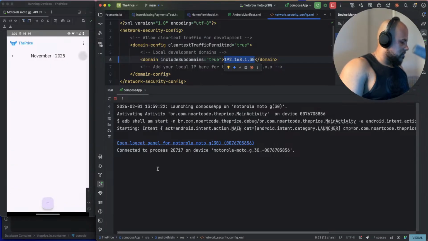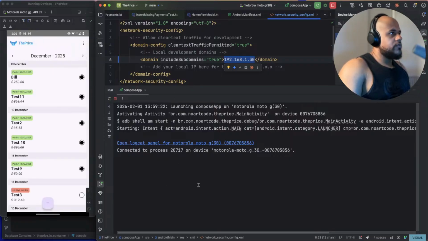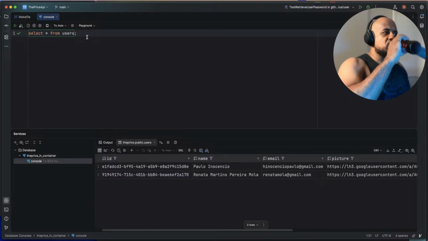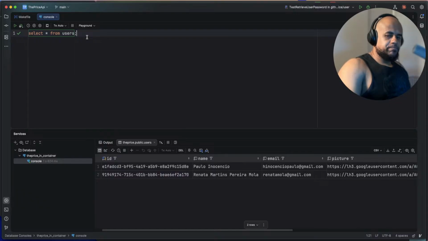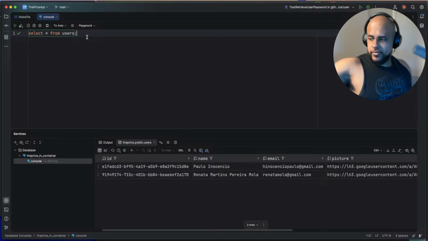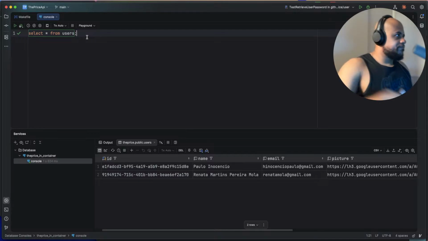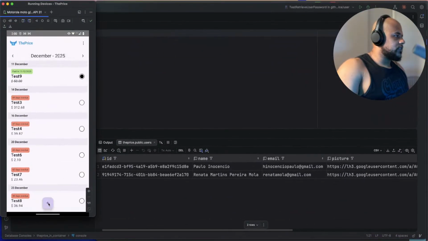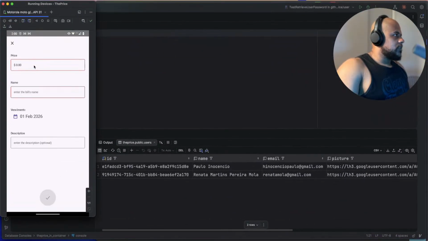the local environment, local host environment. So this is my API up and running here. So what we're gonna do here right now is, what I'm gonna do here, I'm going to create a bill. Okay, I'm going to create a new bill so you can see the error. And this bill will be